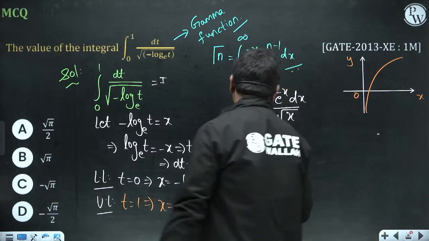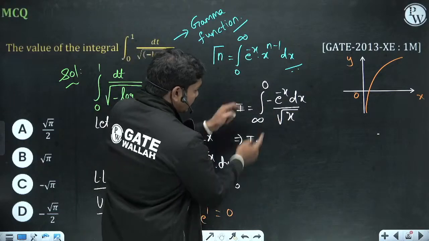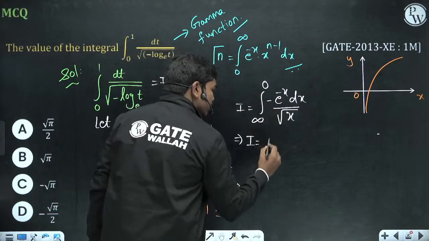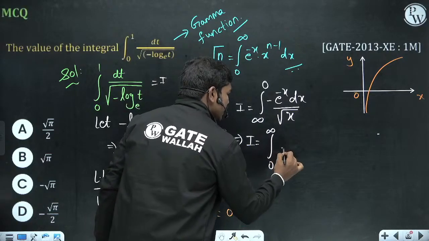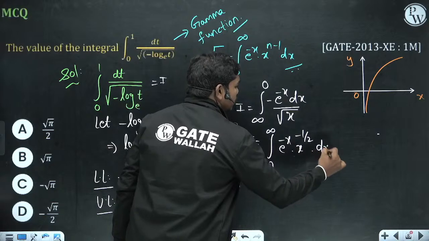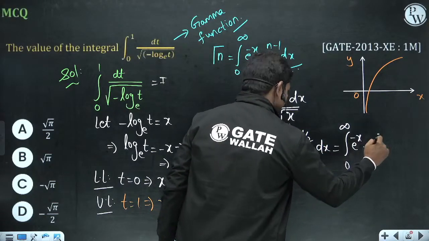Now if you see, using this minus sign, I reverse these two limits. Okay, so because using this minus sign I can shift these limits. Integral 0 to infinity e power minus x into x power minus 1 by 2 dx. So this we can write as integral 0 to infinity e power minus x into